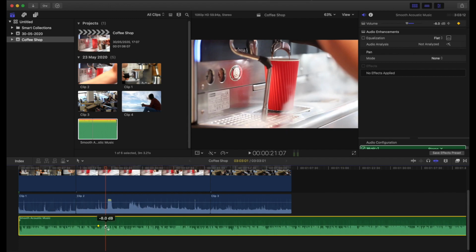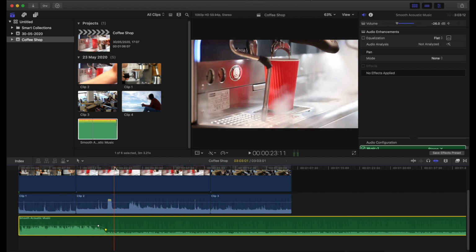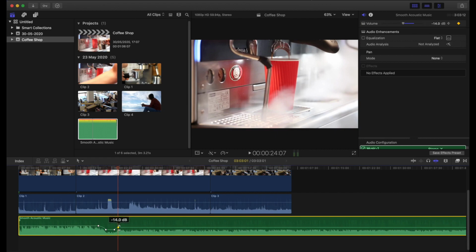Now what I'll do is I'll bring this down, and as you can see everything has gone down with it, and then I'm going to bring it back up once the steam has made its noise. So I'll add another one here, and then I'll have to move a little bit forward, add another keyframe, and then bring that back up. So this is at -8. If I select this one, I can go and adjust the volume to the same -8 there. As you can see, now I've dropped the volume for a part of this